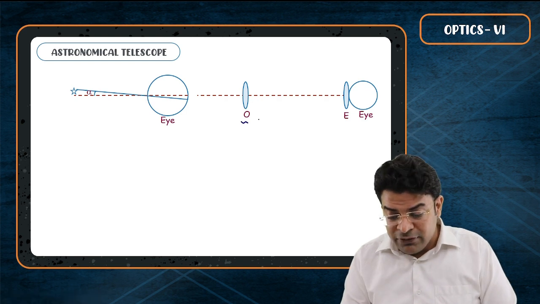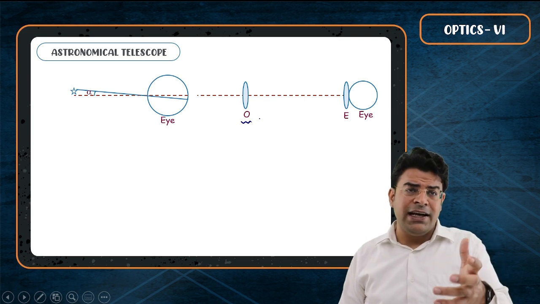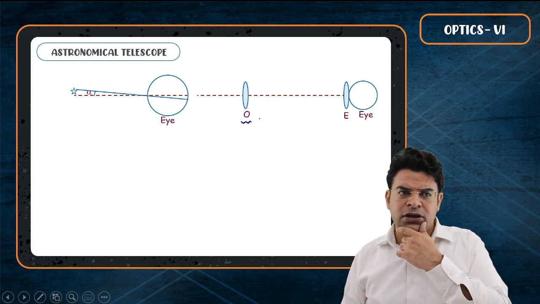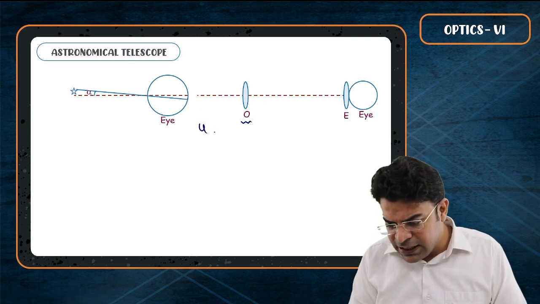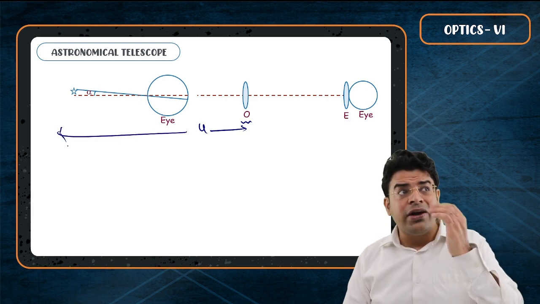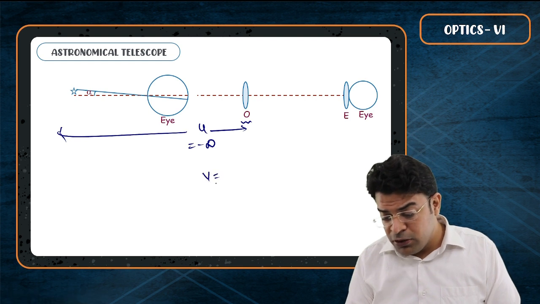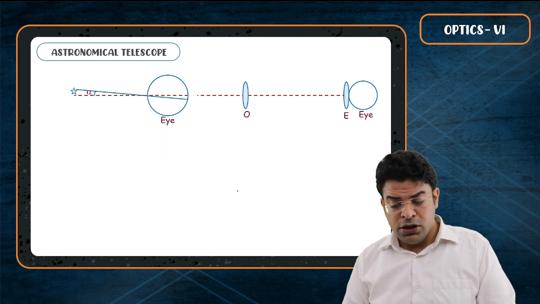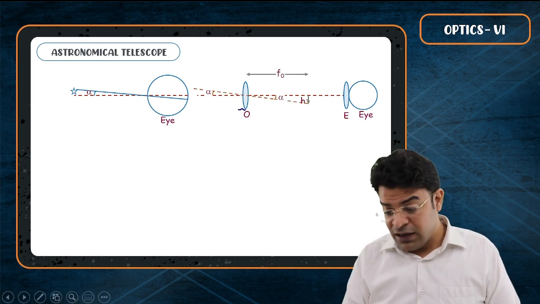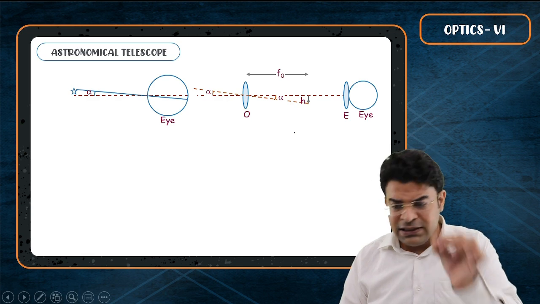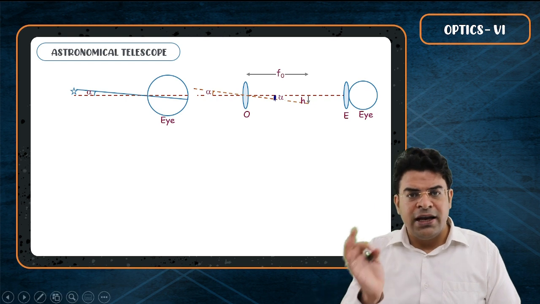And this objective is a converging lens. So when the object is placed far away at infinite distance, where will it form the image? So sir, the objective will form the image at its focus. Why? Because the object is at great distance. You are looking at stars, so you can take U as minus infinity, and on solving using the lens formula you will get V equals plus F. So for this far away star, the objective forms the image at its focus. And let's say this image has a height h, and this image will also subtend an angle alpha.